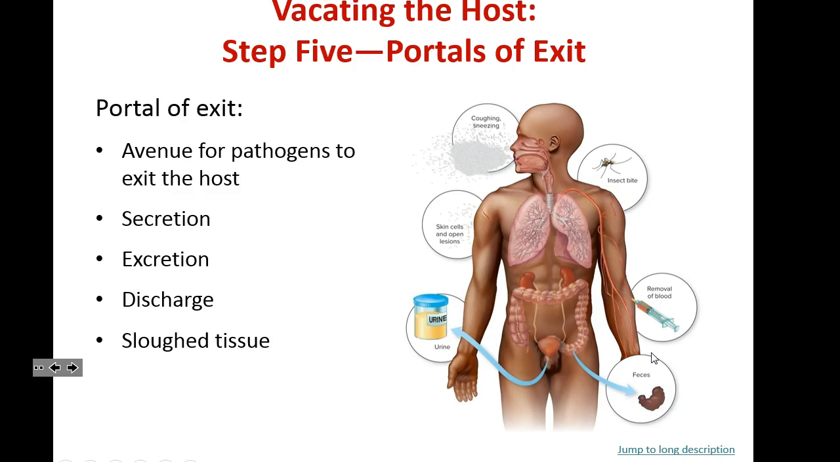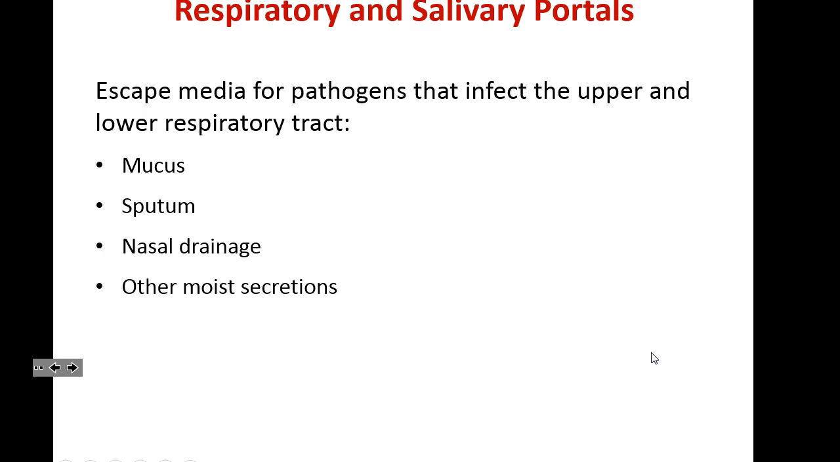Vacating the host, step 5, finding a portal of exit. This is the avenue for pathogens to get out, exit the host. Secretion, excretion, discharge, and sloughed tissue. They are respiratory and salivary portals, the escape media for pathogens that infect the upper and lower respiratory tract can